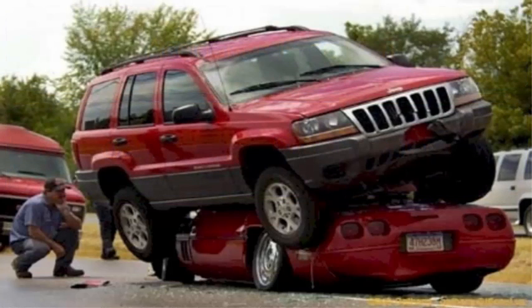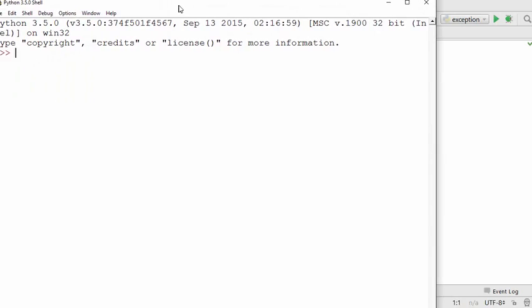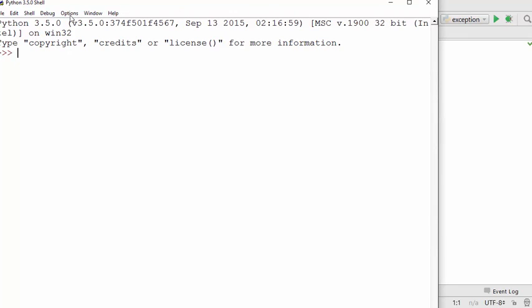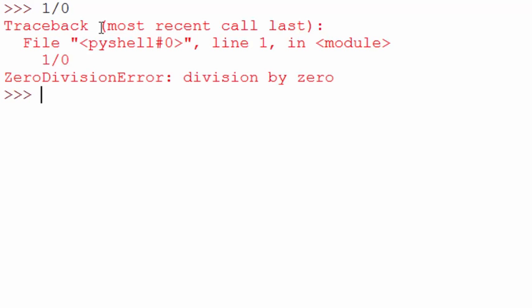I'm going to bring up IDLE here, and we will see some basic exceptions. The first one is dividing a number by 0. When you do that, you get a ZeroDivisionError exception because you cannot divide a number by 0. You basically get infinity. Another one is when you try to